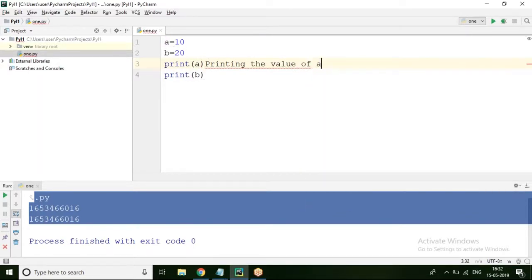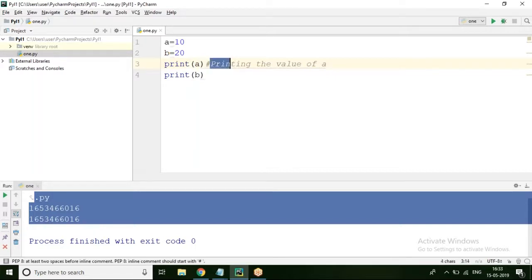In this way, for my understanding, I have written it, but the Python compiler doesn't know English, right? So what I have to tell the Python compiler is, this is not for you. This is for me. This is for my sake. You don't consider it at the time of compilation or at the time of execution. So how can I say that? Simply by putting a hash over here. Whatever you put after hash will not be considered at the time of execution of the script.